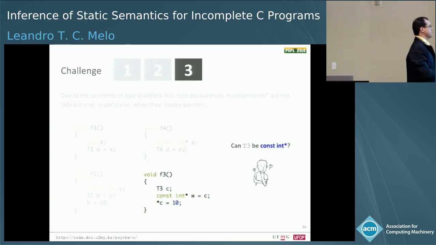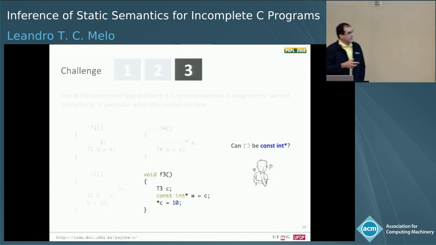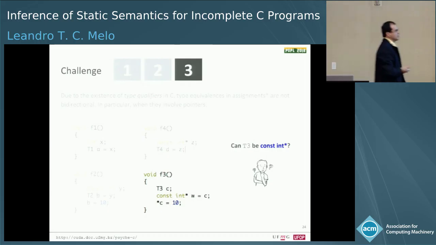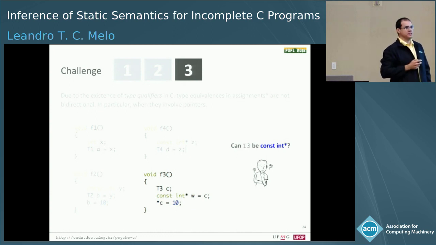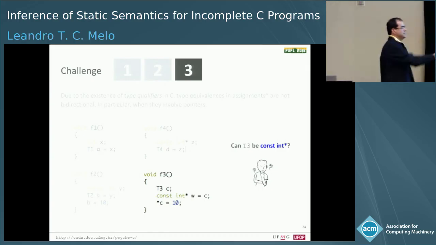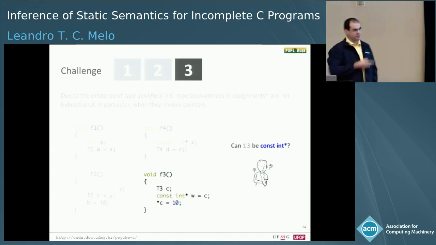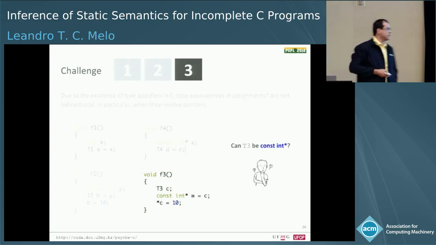So there's some asymmetry here, even though the assignment is supposed to be an equivalence relation. In this case of S3, it's similar, but now we have pointers. And even though w is a pointer to a const int, c cannot be made a pointer to a const int, even though it appears in our equivalence with w, which in theory would lead to a unification of those two sides. And because we're dereferencing c right below, if we were to infer it as const pointer, just like w, we would have an error, right?